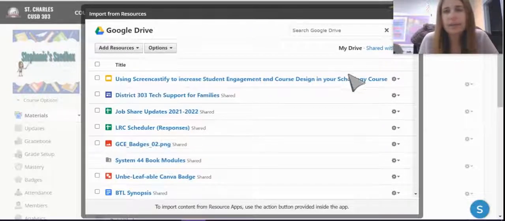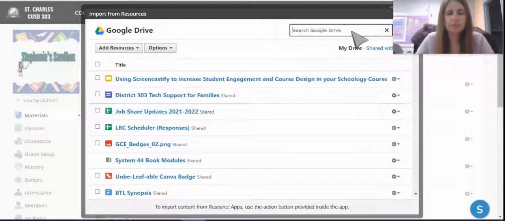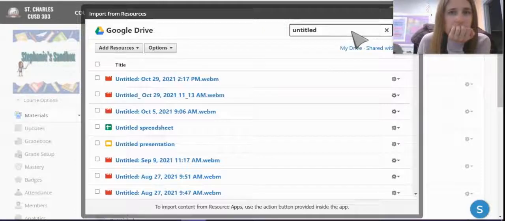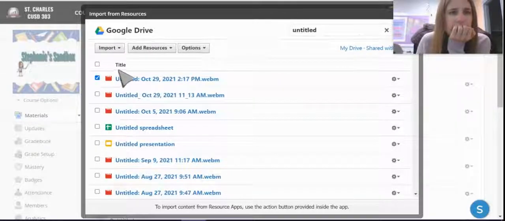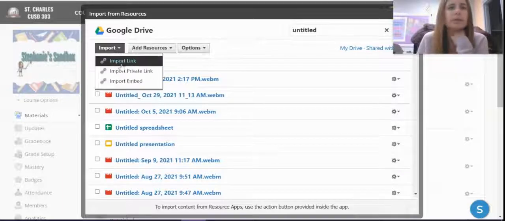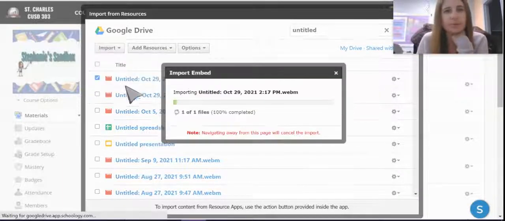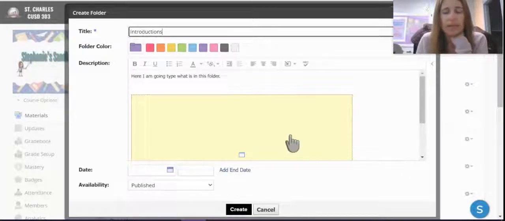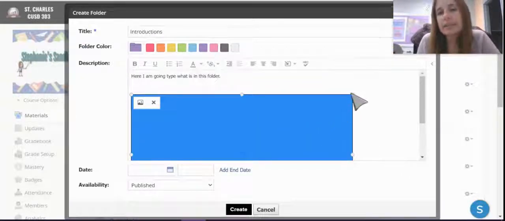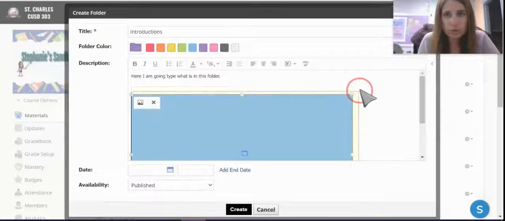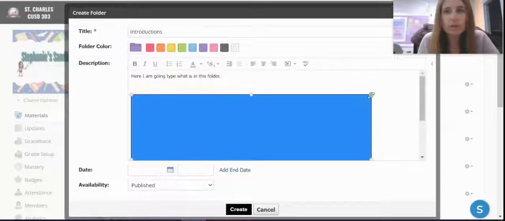And then once again, I am going to search for it. I believe this one never got titled. Okay, I'm going to click import and then import embed just like we did before. Now you won't originally get to see the video when you put it. This is like a placeholder, so you can make your video